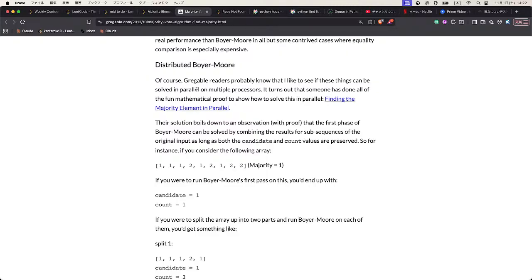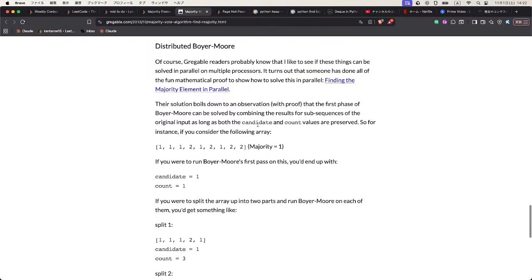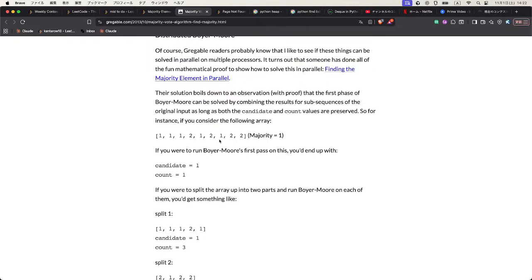Gregable readers probably know that I like to see if these things can be solved in parallel on multiple processors. It turns out that someone has done all of the fun mathematical proof to show how to solve this in parallel. Their solution boils down to an observation with proof that the first phase of Boyer-Moore can be